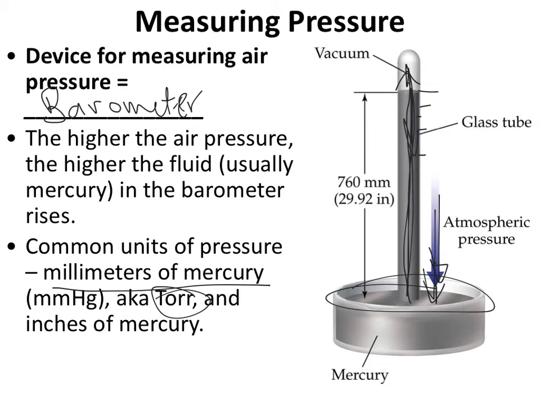Some interesting facts about this. We can actually use barometers to tell if a storm is approaching. Good, nice weather is going to have a high atmospheric pressure, and in a storm, the air pressure actually drops. If you ever watch the news, you will sometimes hear about low pressure systems coming in, and that means that there's a storm coming in.